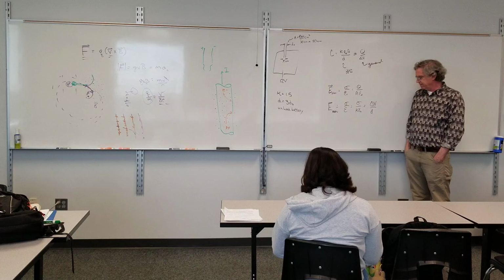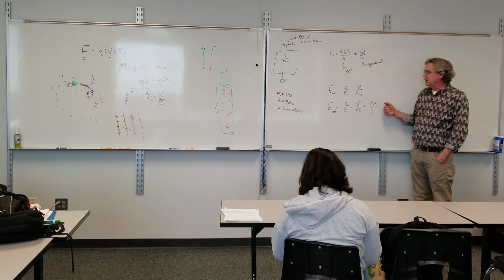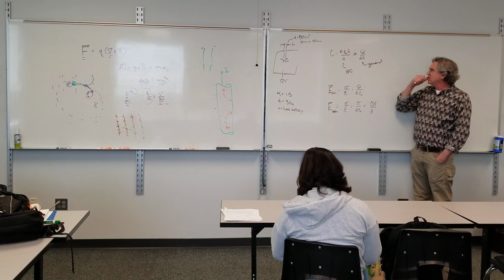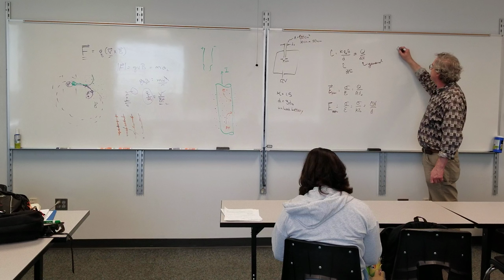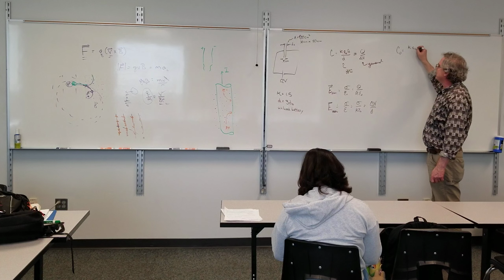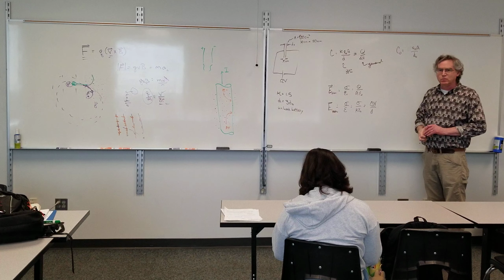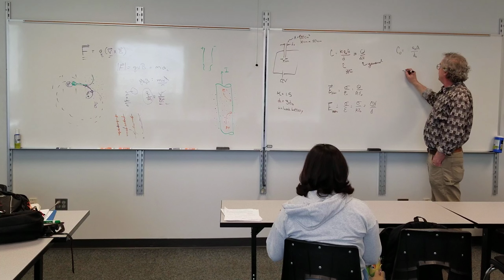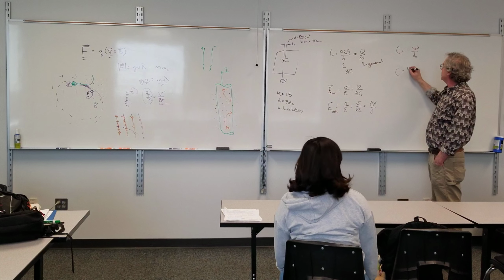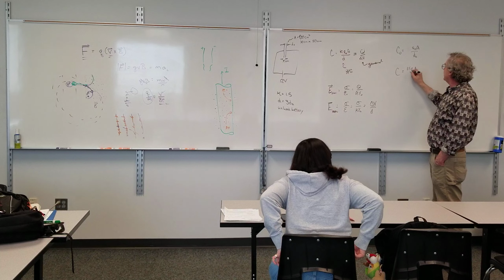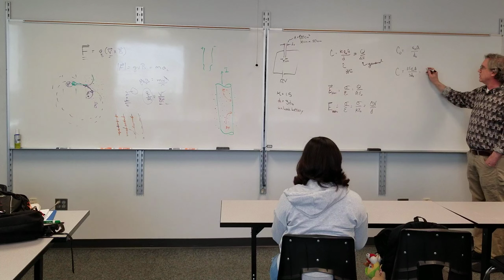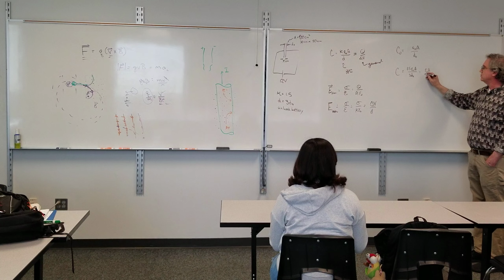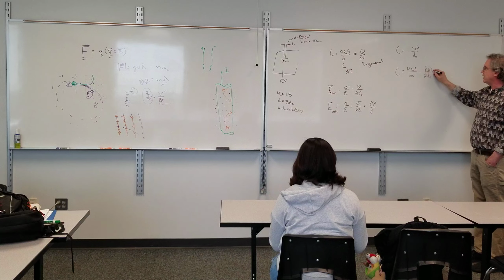You know how much it gets smaller, or do we just know it gets smaller by some amount? Well, it's going to be half the original. The original capacitance is epsilon sub naught A over D sub naught, whatever that is. And then the new capacitance is going to be 1.5 epsilon sub naught A over 3 D sub naught, which is epsilon sub naught A over 2 D sub naught. So it's half the original capacitance,